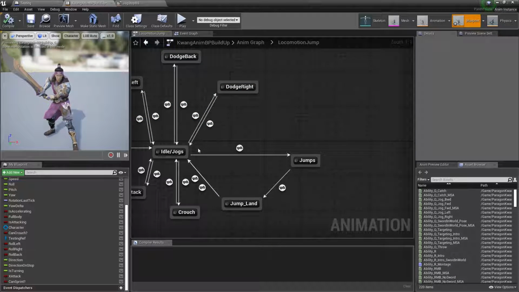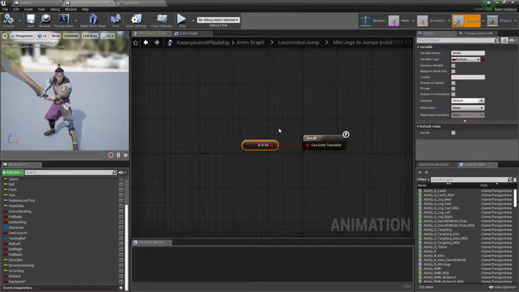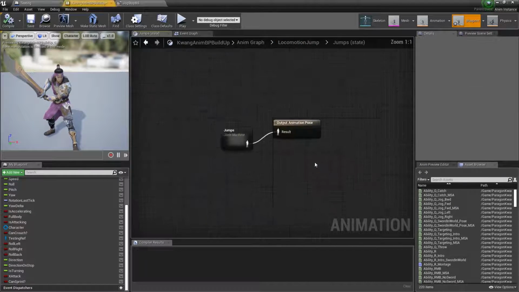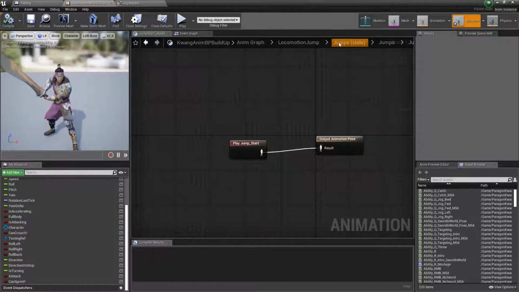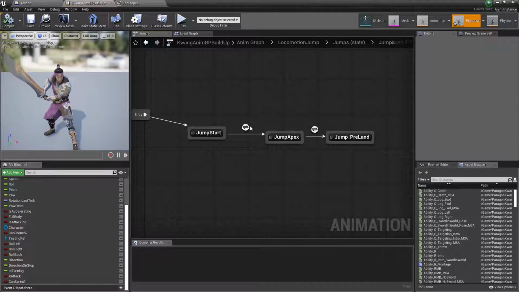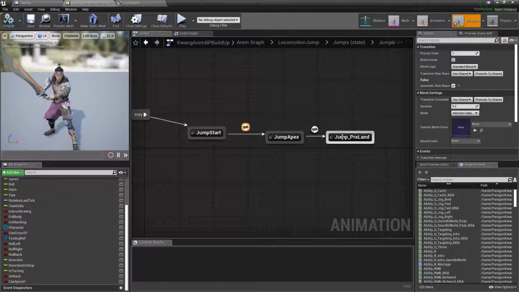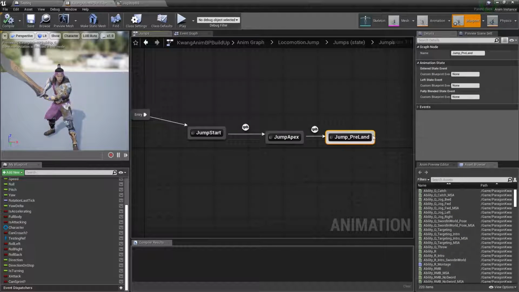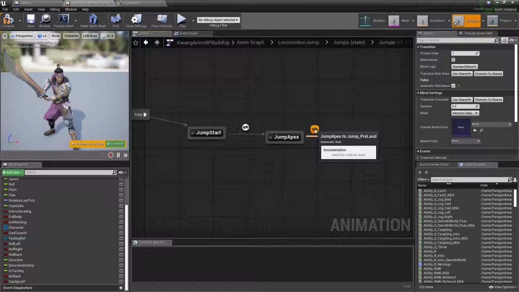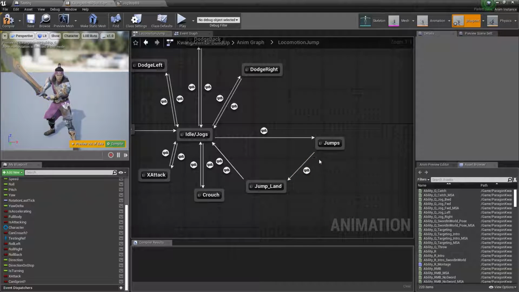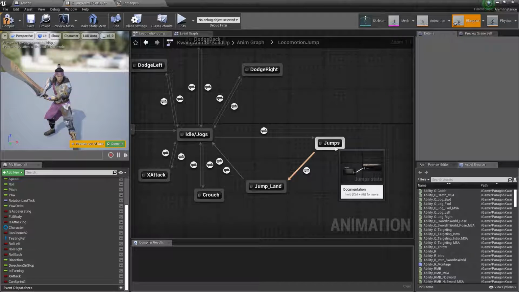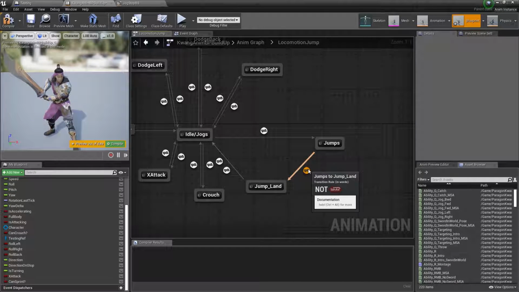Moving on to our jump now. This is controlled through an is in air, and if so, we play our jumps. So we go to the jump start animation. This then moves into a jump apex and jump pre-land, each just holding their own animations, and follows the automatic rule, so once each animation has played, they'll just play through. Once that's done, we go to a loop. However, if we return to not is in air, we go to our jump